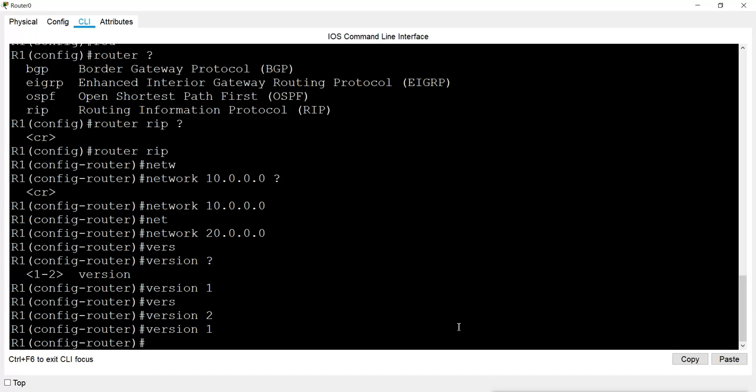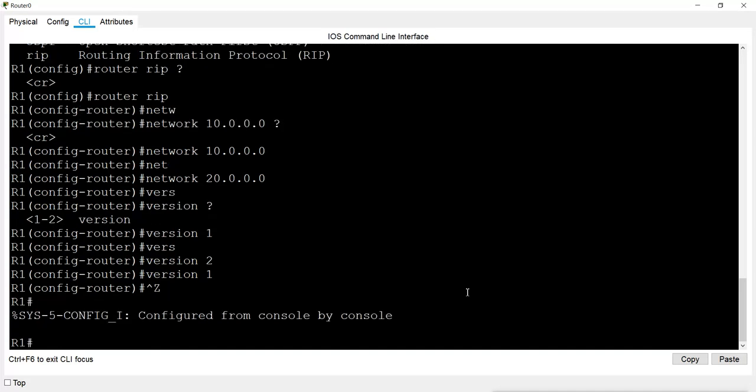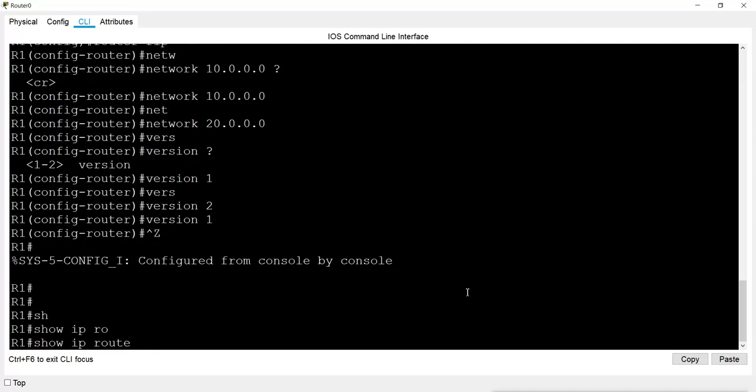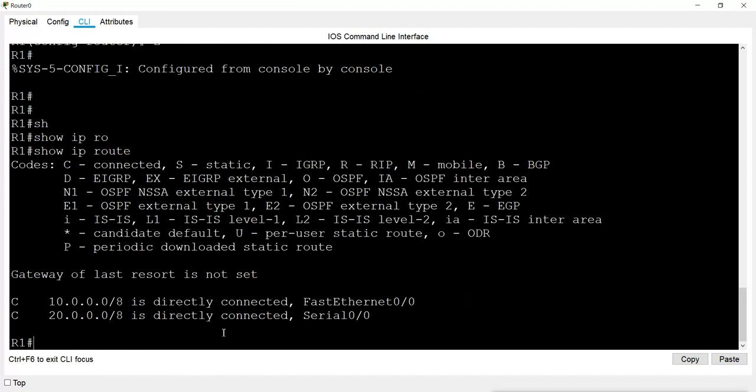So that's it. That is the only configuration we should do. That means we don't need to configure anything else. And the same thing we have to do on all the other routers, that we just mention the connected network on all the other routers, and also the version, version 1 or 2. So I did version 1 here, so I will use version 1 for the other routers also. So now I will configure router 2. Now if I check show IP route, you can see it is still not showing other networks.